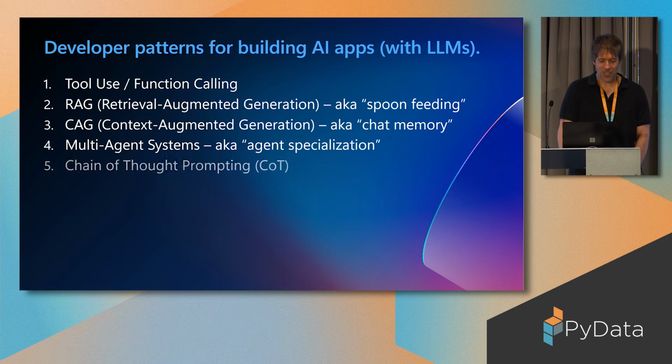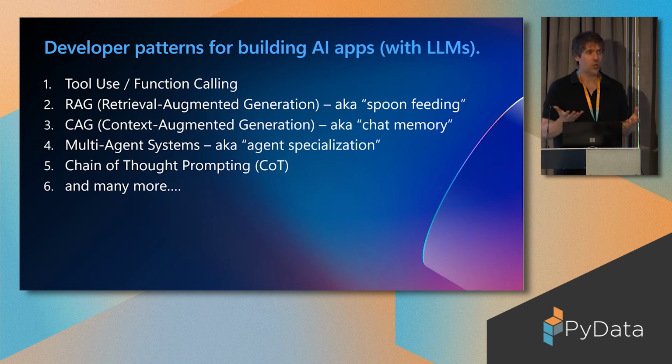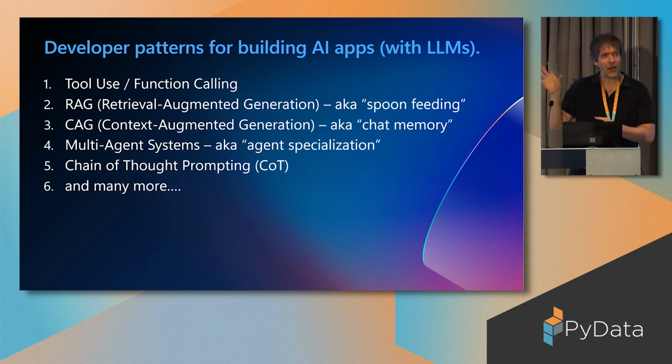I'm not going to go through each of them because I won't have time, but essentially, if I take the first one as an example, tool use or function calling, of course, that's where you get the LLM, you annotate a particular piece of code that you have written, that you know what the behavior is, you know it's deterministic, you annotate it as a tool that can be called by your LLM. It doesn't actually get called, the LLM returns a schema, and then the framework knows how to call that particular function.